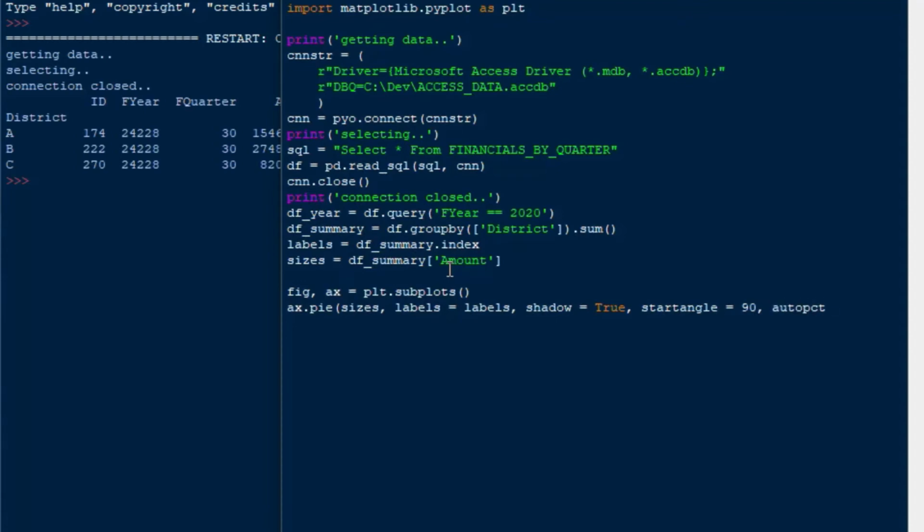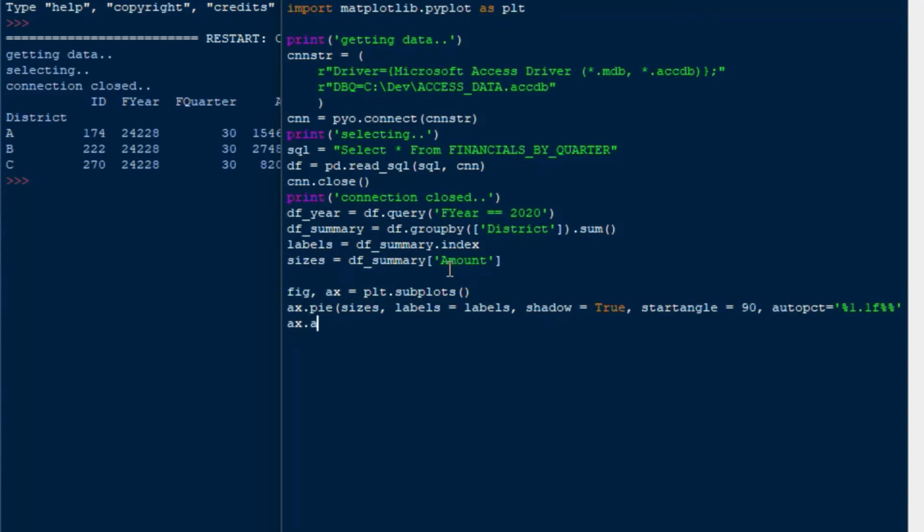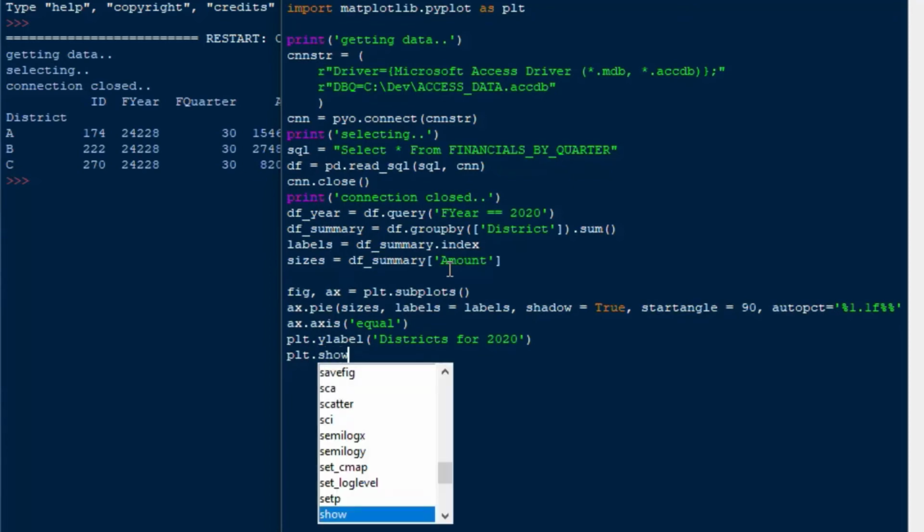And then we'll do an auto percentage, which will show on each of the pie slices, and we'll put in percent 1.1f and then percent, and that's going to give us our pie with some data on it. And then we'll do ax.axis equal, and that's going to make sure that the pie is round. And then we'll do a y label on our plot, and we'll just say districts for 2020. And with that in there, we can do a plt.show, and that's going to show us our pie chart